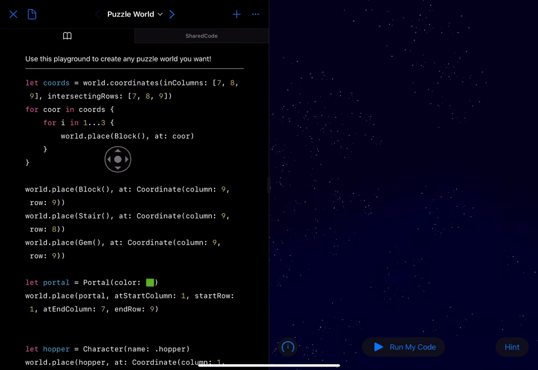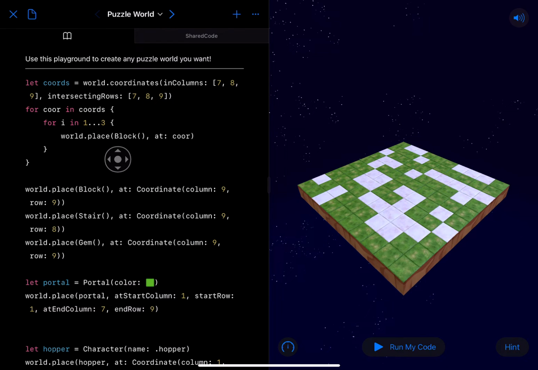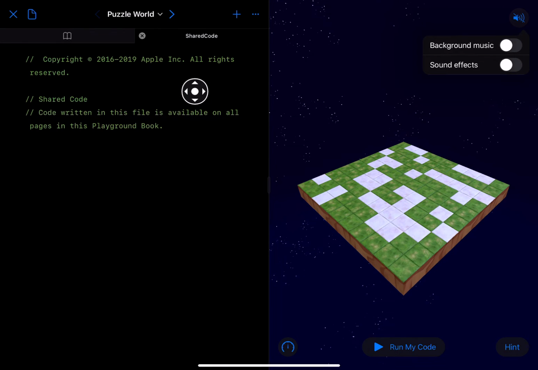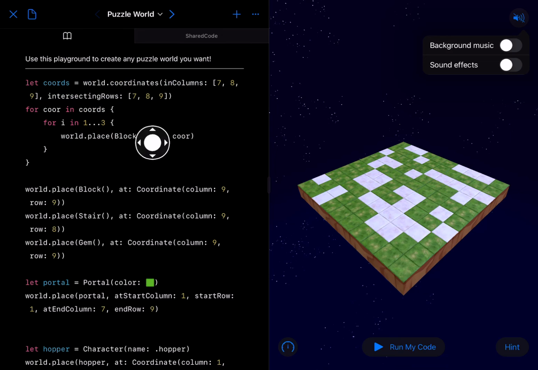And this comes already with some code built in which we need to get rid of. Notice that I'm in the left-hand side where the book panel is. I'm not in the shared code panel. This shared code panel's got some important code in it, and it's really important that you don't delete whatever code is in there. Okay, so back on the book panel, I'm going to now tap on a word here